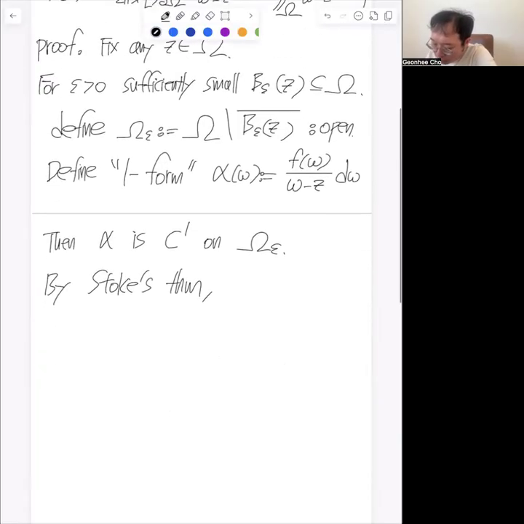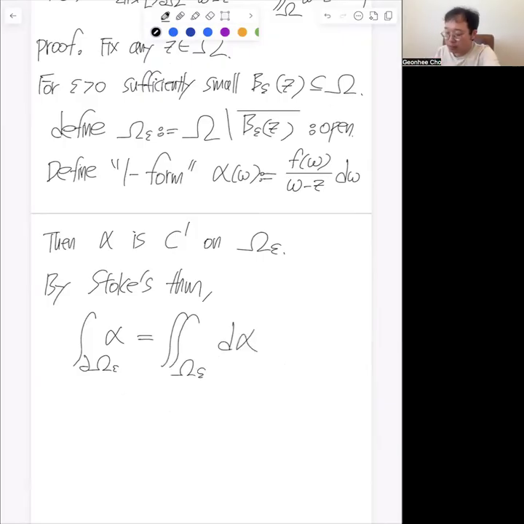what we know is that the integral of this alpha along the boundary of omega sub epsilon must be the same as the double integral over this omega sub epsilon of d alpha. So this is guaranteed. Then also we can see the boundary of omega sub epsilon, if you draw the picture